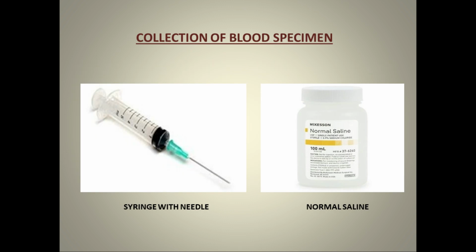Collecting blood specimen. Blood specimens are usually collected by the laboratory technicians. Occasionally, the GDAs are held responsible to collect the blood. It depends upon the hospital routines. Blood should be collected with aseptic techniques. It should be collected with a dry syringe or with a syringe rinsed in saline solution to prevent hemolysis of the blood. For certain tests, fasting blood should be collected.